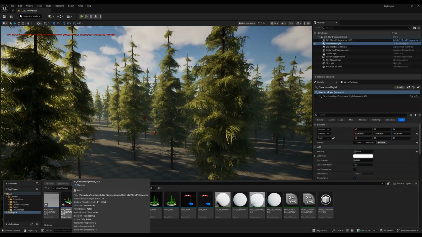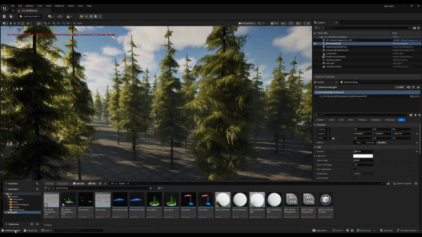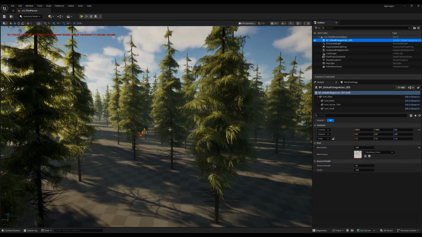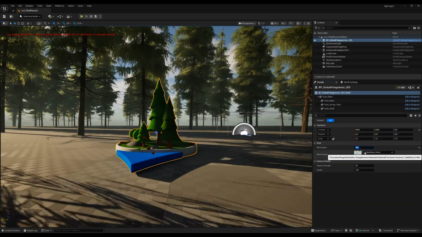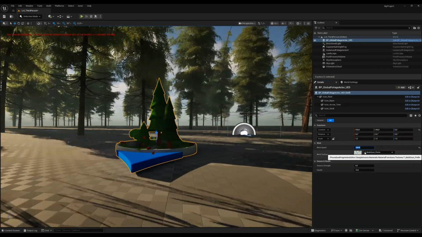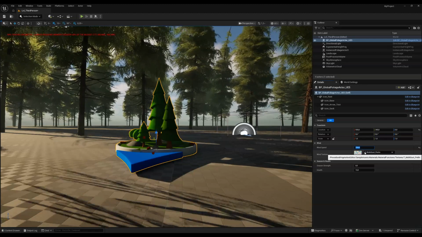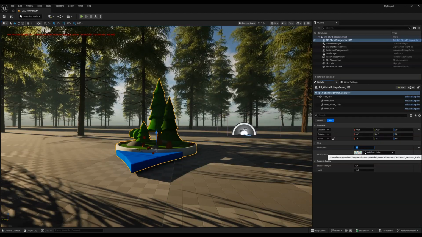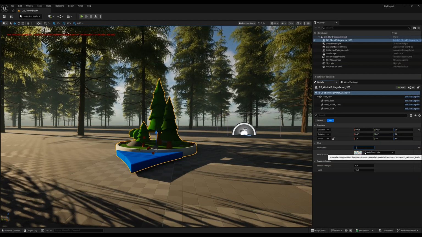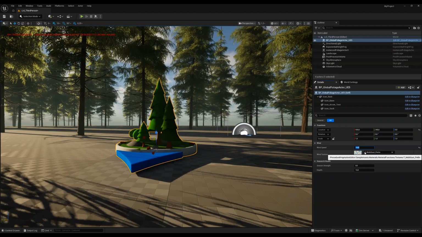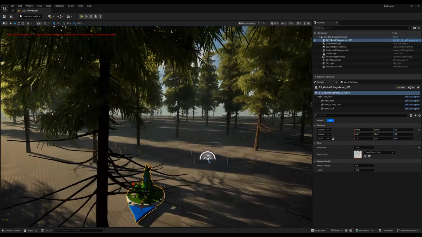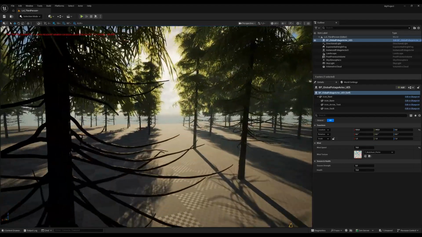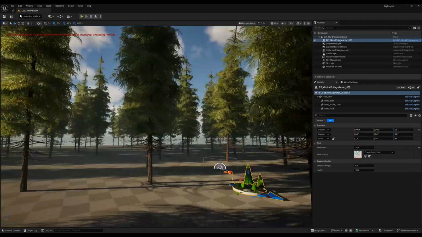Once you click on this blueprint, you can increase the wind speed. Every single time you place your tree as the blueprint, you can now use this global foliage wind. Then you're going to have your wind. And this is all being done without using any procedural vegetation editor asset. We created our own